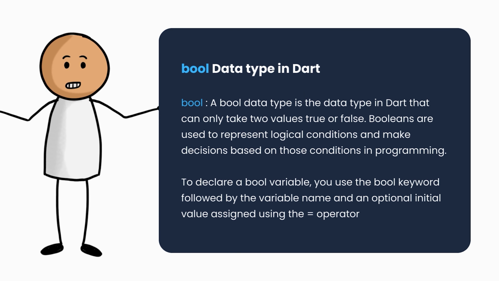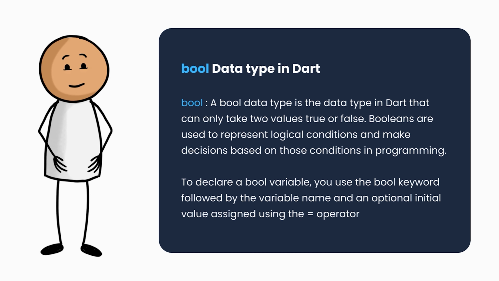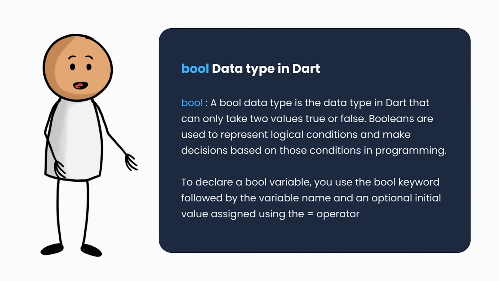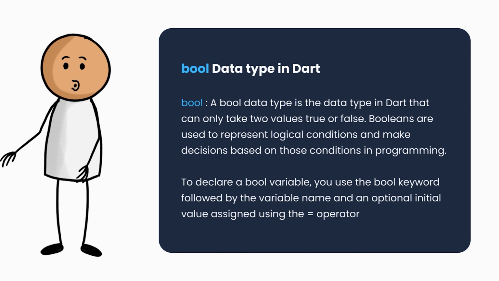Now let's look at bool data type in Dart. A bool data type is the data type in Dart that can only take 2 values, true or false. Booleans are used to represent logical conditions and make decisions based on those conditions in programming. To declare a bool variable, you use the bool keyword followed by the variable name and an optional initial value. For example,